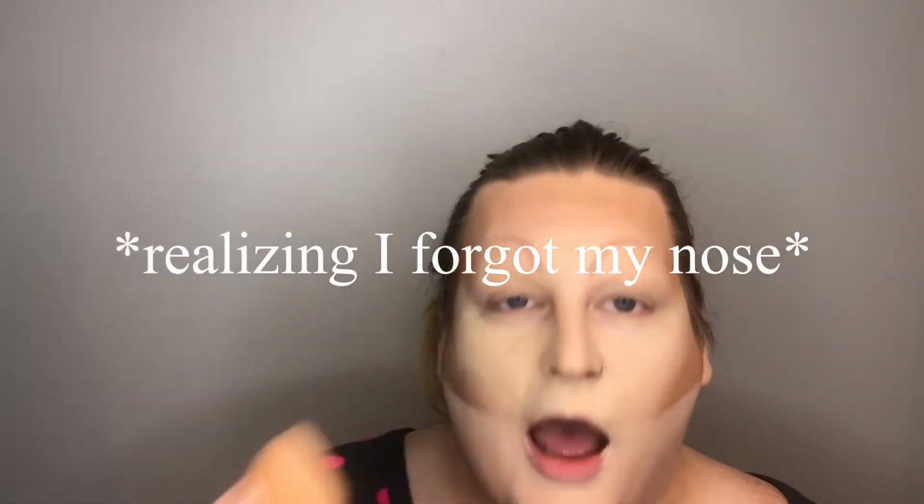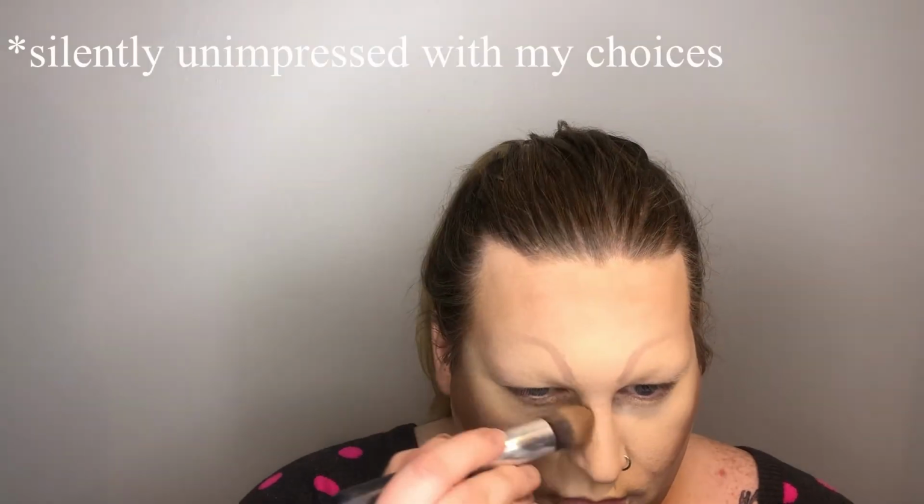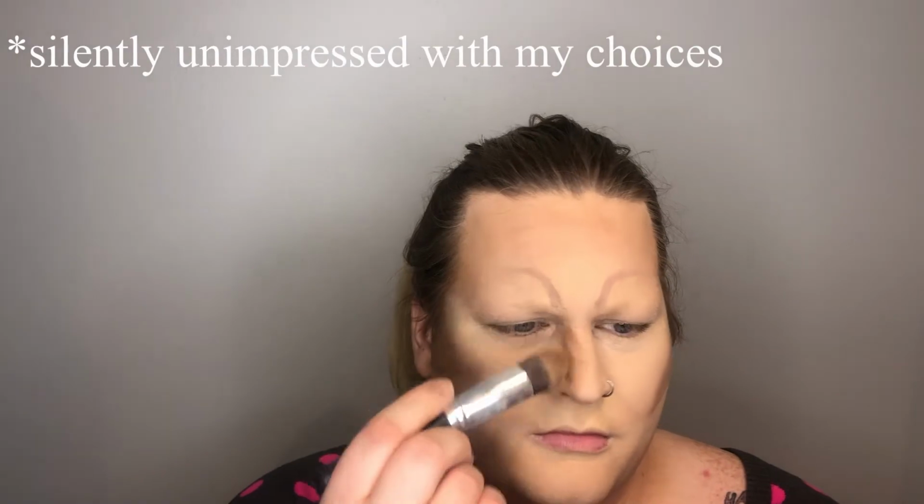I'm just gonna go ahead and set my face with a shitload of powder because I see Trixie do that a lot. I didn't do the nose contour. Well, we'll just do that after. It's fine. And this is why I'm wearing a shirt that I don't care about, because I'm getting powder all over it. Choices. Kind of just looks like I have a real brown nose. I'm a brown noser. That wasn't a good joke. Trixie does just a straight up and down, like rectangle. Yeah, I mean,